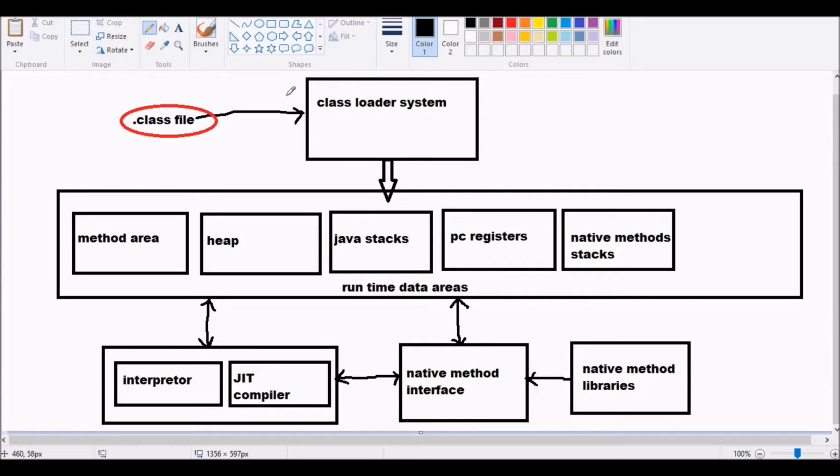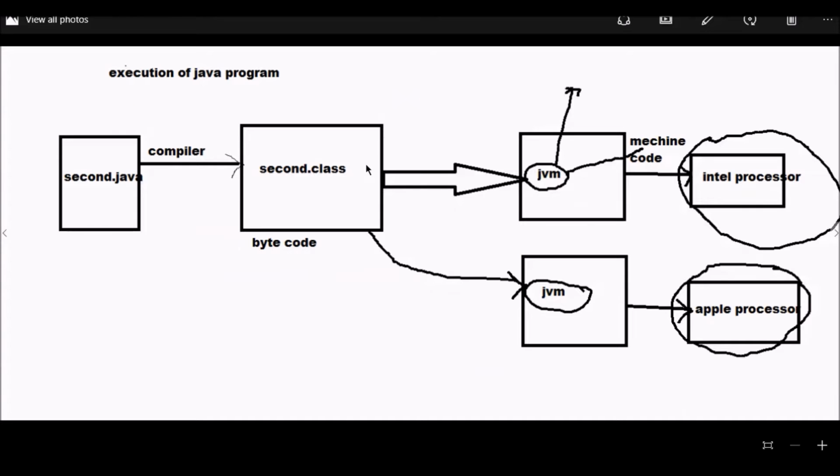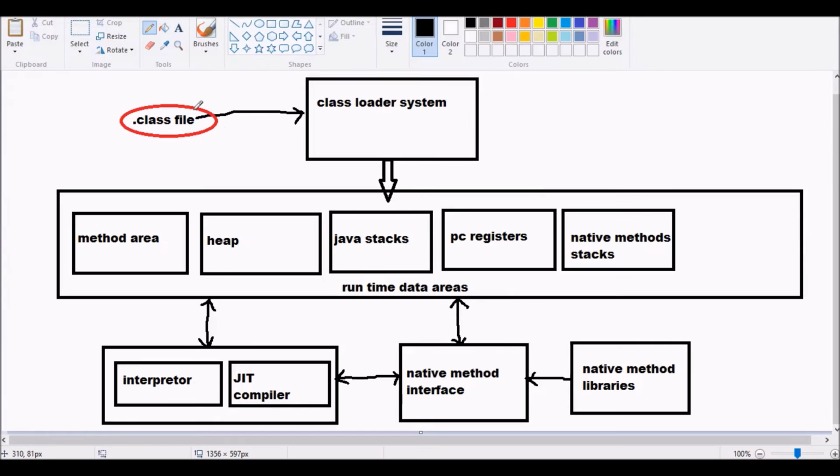So this is the whole structure of the JVM. What we are doing is moving the dot class file to the JVM. Here this is a class file, and these are the several parts available in the JVM. First, this class file is loaded into the class loader system.